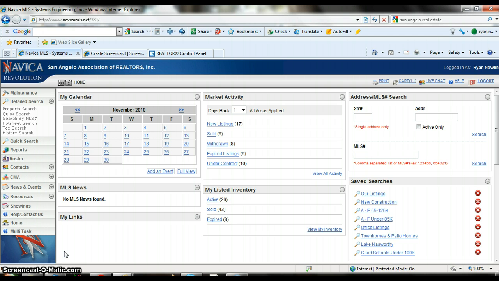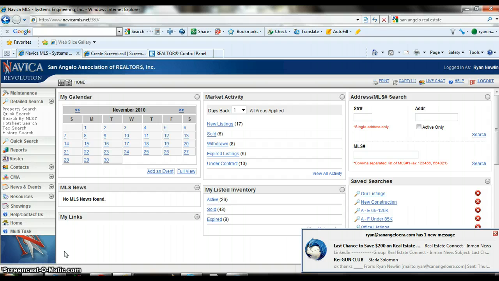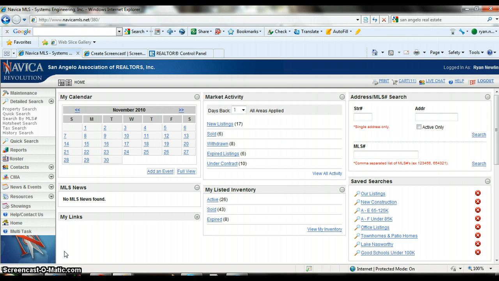You can set up a search, save it, and connect it to that contact so they will receive an email each time a new property is listed in that criteria or one drops into that criteria from a different price range. So it's a great way to keep in contact with potential clients without actually lifting a finger. So all you got to do is actually figure out how to set it up in the first place. That's the tricky part. So let's say